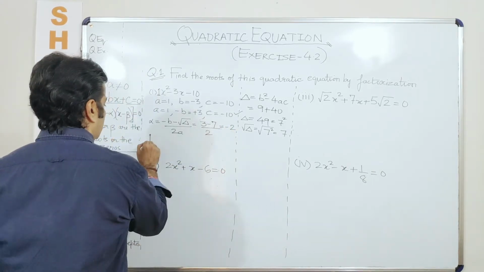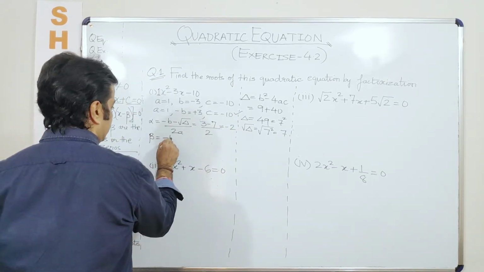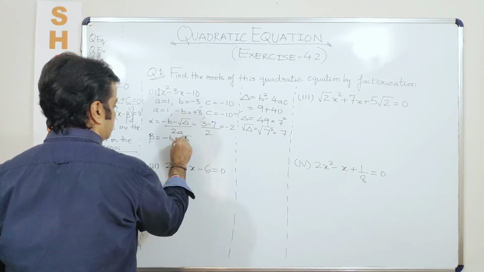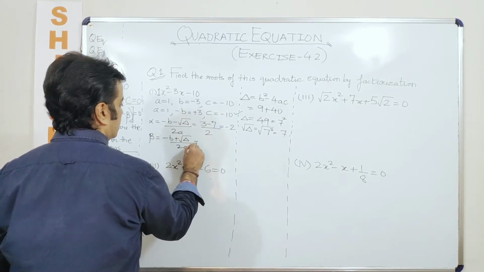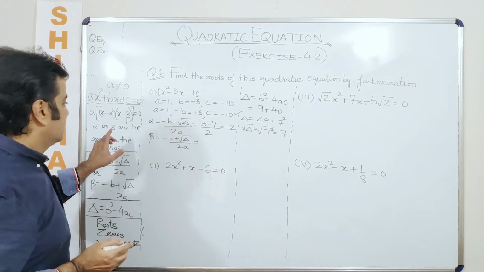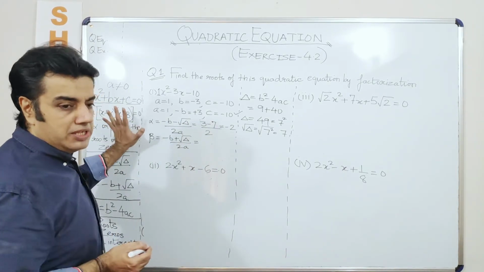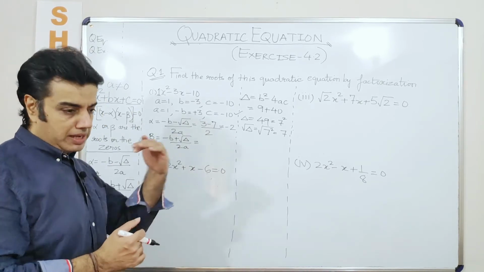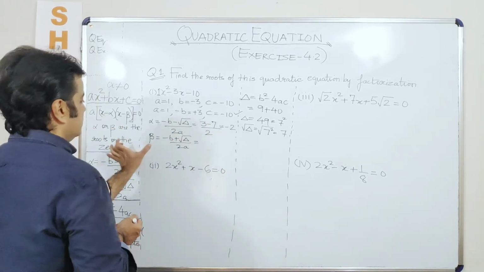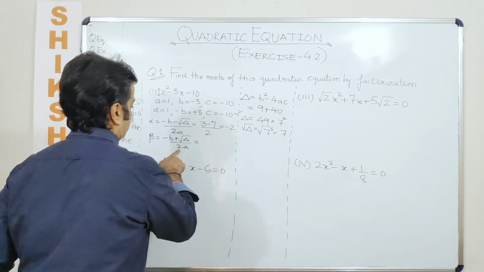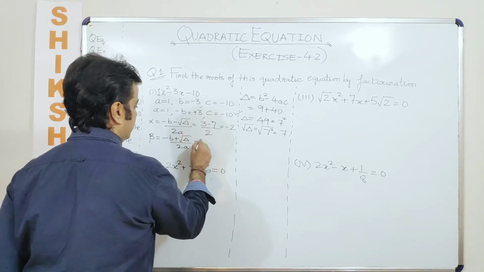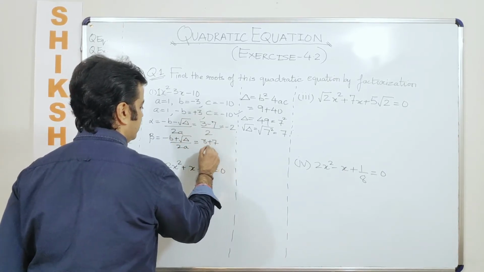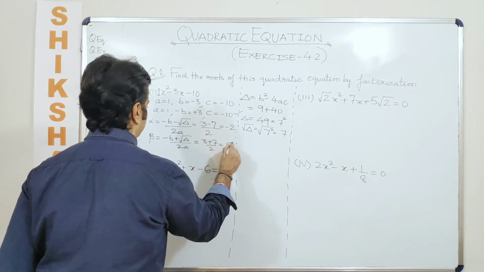Okay. What is the value of beta? We need to calculate that. So you can use this as a lemma. Lemma is already an established thing, which is, let's say, a theorem or a byproduct of a theorem. You can just use it as a lemma. Okay. So now minus b is 3. 3 plus 7 divided by 2 gives me 5.